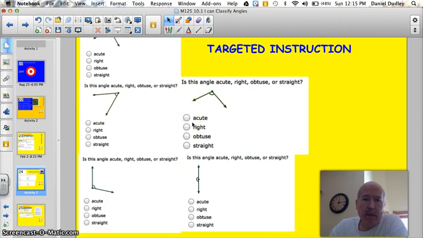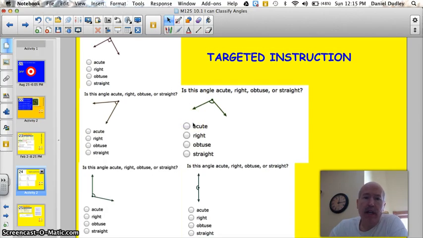Go. You try to answer these. Pause the screen. All right. This one here is a right angle. It's got the box. This one here, that's less than 90 degrees, so that's going to be an acute angle. Down here, that's more than 90 degrees, so that's